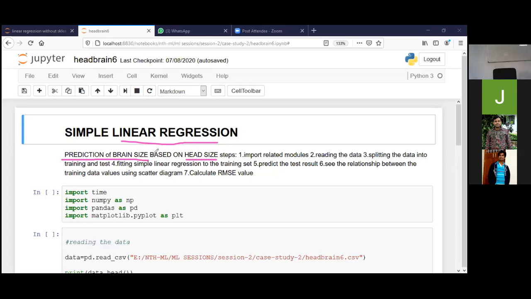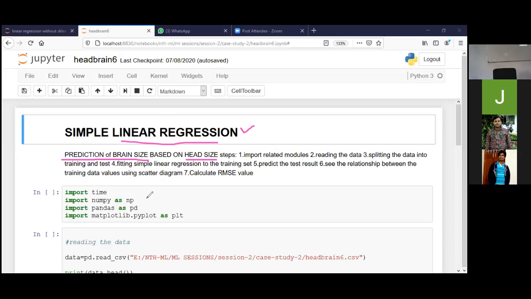How are we going to predict it? That will happen using the simple linear regression algorithm, with the help of built-in scikit-learn functions. I'm not going to give the same explanation without built-in functions. The steps carried out in linear regression will be the same, but I'm taking another data set and using built-in